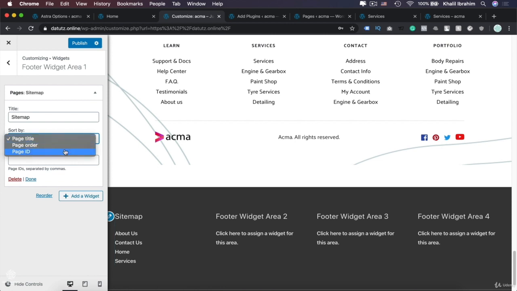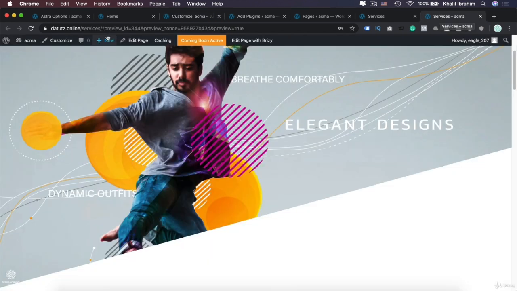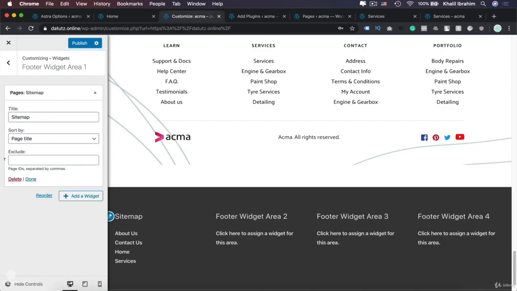page ID. And you can find your page's ID in each page's URL when you're previewing them, like that page in here. I think here you'll find preview ID. That number is your page's ID, which is our services page in that case. So let's go back to our customization. You can place them in here separated by commas if you'd like to show them in a specific order. And you can even add more widgets in the same area by clicking in here. However, let's go to area 2,